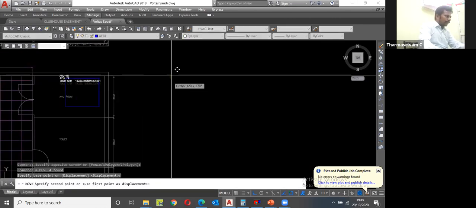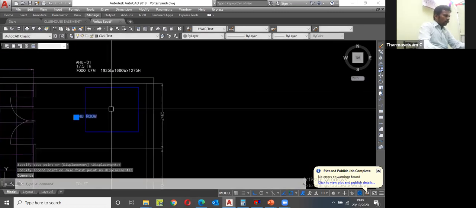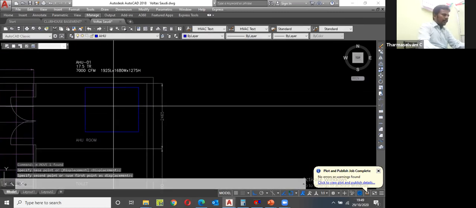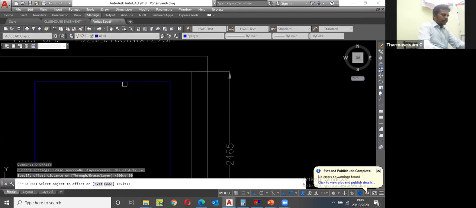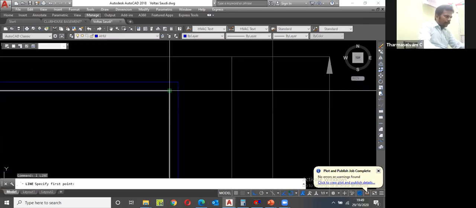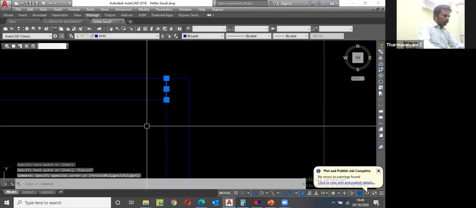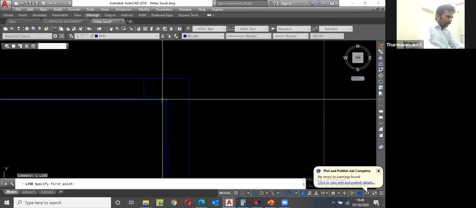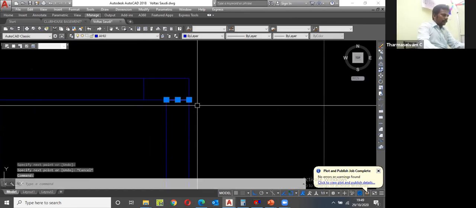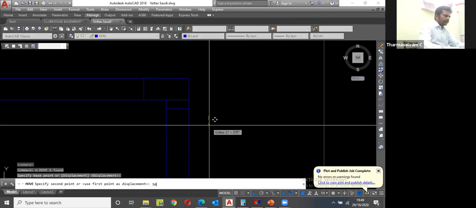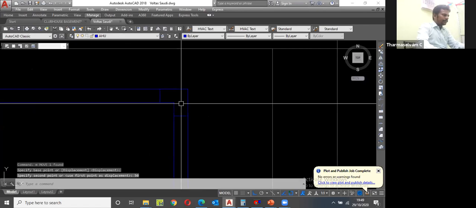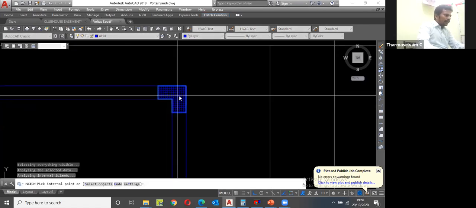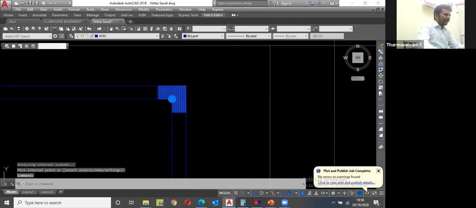You have to move the text. Okay, this is the AHU room. Offset 50 mm. I'm going to take the double skin AHU inside. At this corner, you have to provide the profile also. Move 50. Here also draw one line, and this is 50. Edit, and this one is a solid hatch.